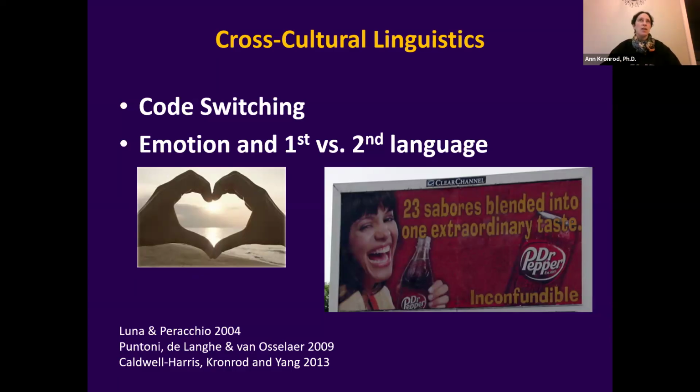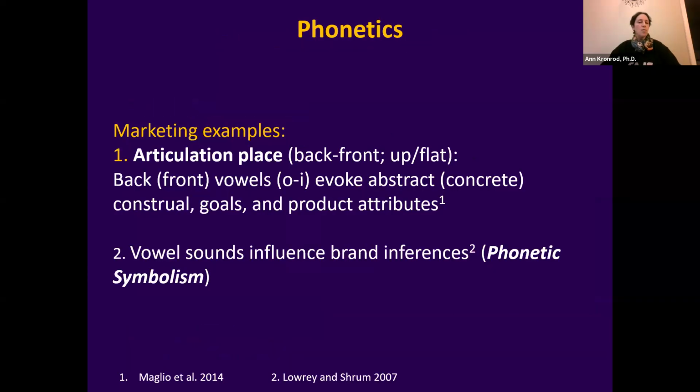So if you can imagine an ad that goes international, and in the US there's, I don't know, a mother and a daughter speaking to each other, and then at the end, yeah, I love you, and bye-bye, right? It will never happen in China, or in other cultures that don't have this difference. So that's the cross-cultural linguistics. Now let's go back to phonetics, the first area of language.